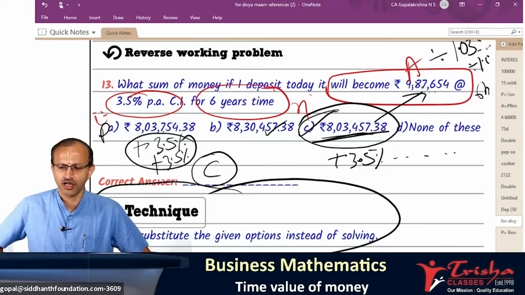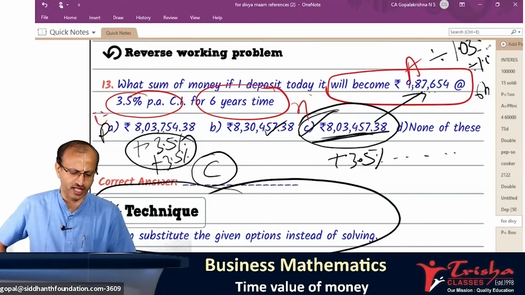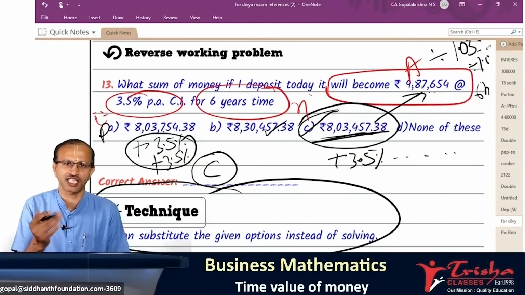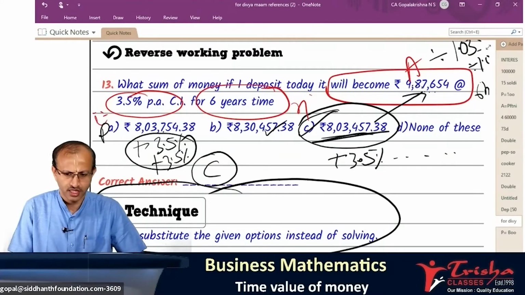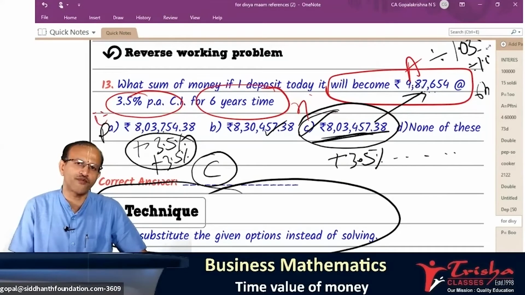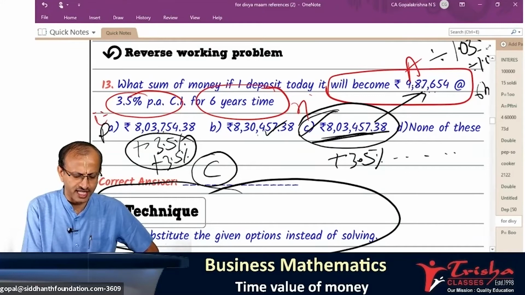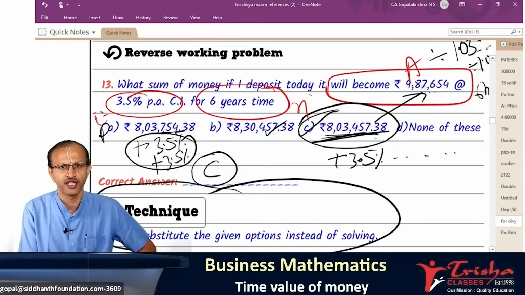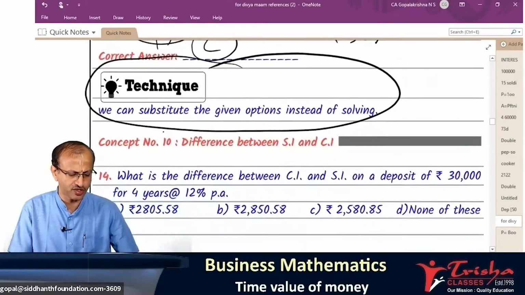8,03,457. Yeah, 0.16 is there, you might have got. Here you got 0.3, that's okay. You should not worry, small differences are expected to come. Because of the number of decimal places you take, accordingly the difference will come. Shall we go further? Leah Abraham, yeah, you got 0.14, that's okay. You have to choose the nearer one and close. Nearer it is this one. So slight decimal differences are okay. Okay, I think you understood the technique also.